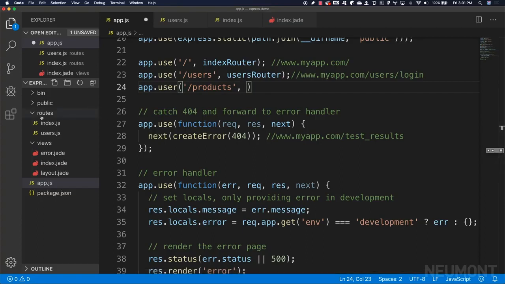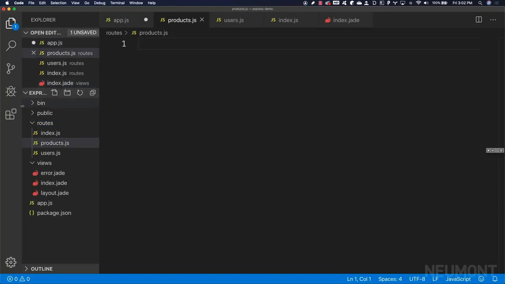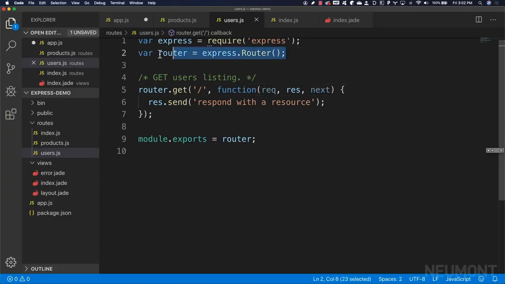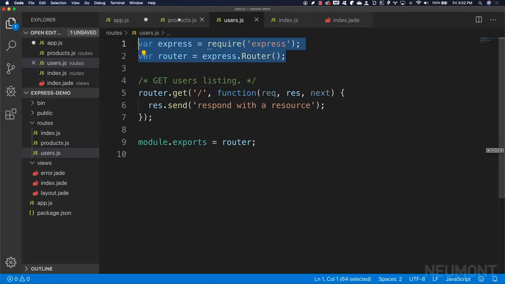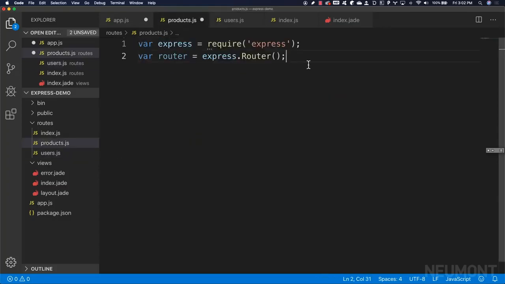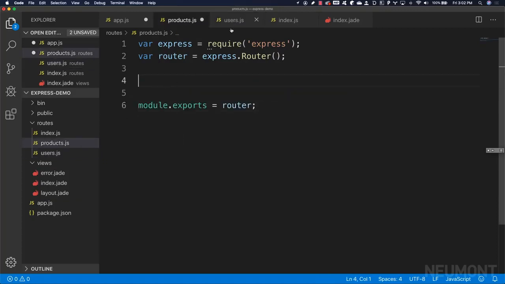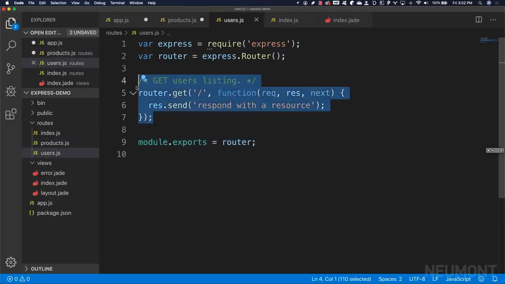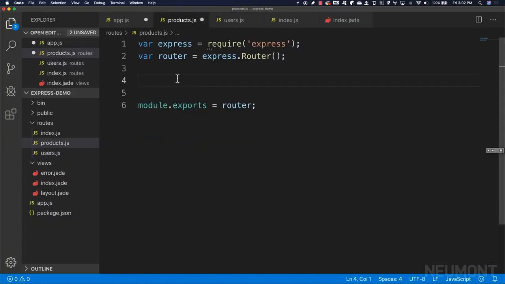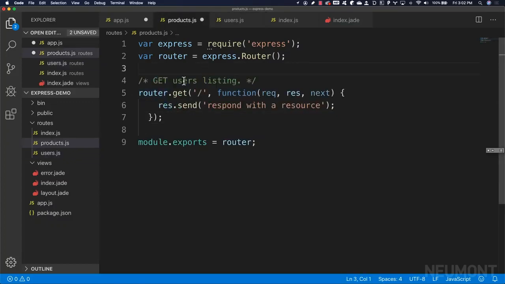So let's do that really quick, just so you can see what I'm talking about. I'm going to go to my routes folder right here. I'm going to add a new file. I'm going to call it products.js. And inside of this products file here, of course, we're going to do the same thing. We're going to import Express, and we're going to import a router. And then we, of course, have to export that router back out so that it can be used as middleware. And then right here, we can actually have it handle getting a list of products. So get products